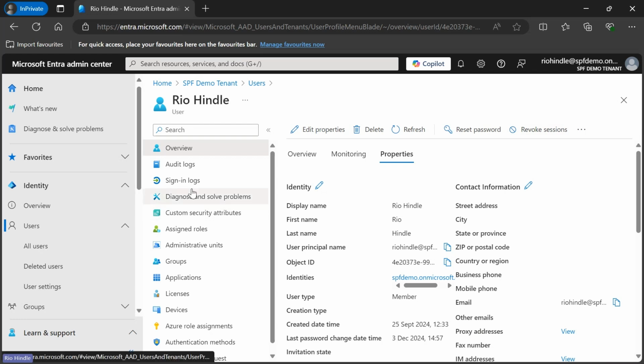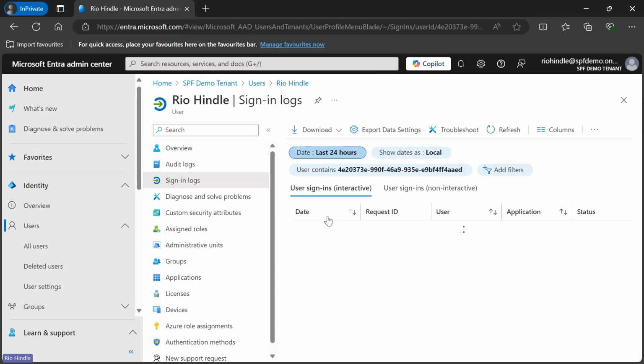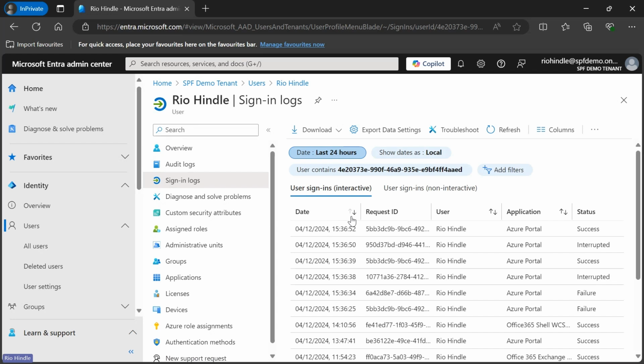On the user profile card, we've got the sign-in logs, where we can see exactly where the user is signing in from, what time. Did they go through a process of MFA? Was it a successful sign-in attempt? Was it a failure? Why was it a failure, if any? Can you provide me the correlation ID and the error code? But you can see here I've signed in